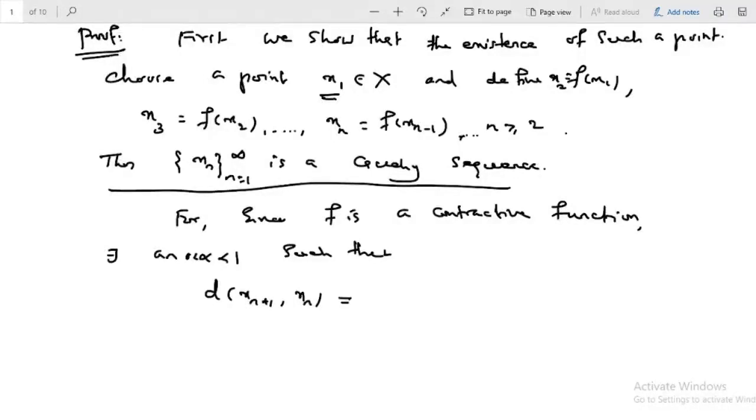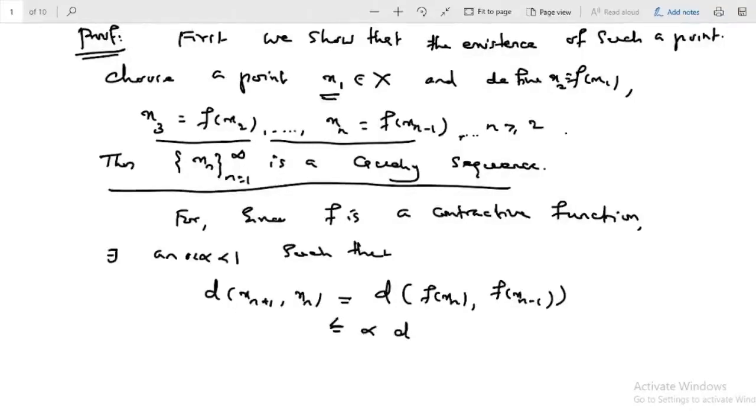Let us try to evaluate this. d of xn plus 1, xn is d of f of xn, f of xn minus 1. According to how the sequence is formed, we know xn plus 1 is f of xn. What is xn? It is f of xn minus 1. So we can use the contractive function property: d of f of xn, f of xn minus 1 is less than or equal to alpha into d of xn, xn minus 1. If we apply this continuously, we get